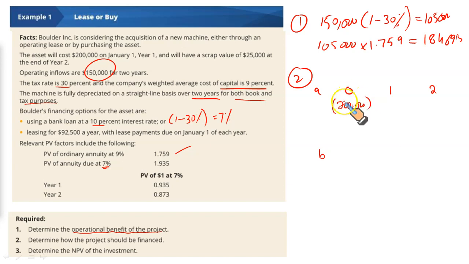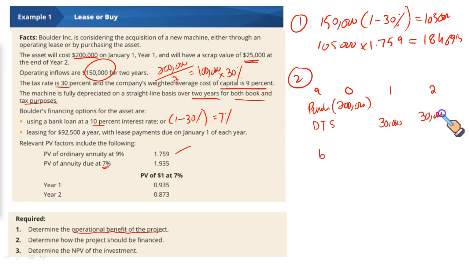Okay, so first you will have the initial outflow at year 0 when you acquire the asset. This is what you can write as the initial outflow, purchase. It says that the asset would be acquired at $200,000, which is the initial outflow, and it will have $25,000 scrap value, which means if we calculate the depreciation, remember for NPV computation, I told you take the acquisition cost price divided by the estimated life. What you get is the depreciation. Now this depreciation will then be multiplied with 30% to give you what you call the depreciation tax shield. So the depreciation tax shield is going to be 30,000 for year 1 and 30,000 for year 2.